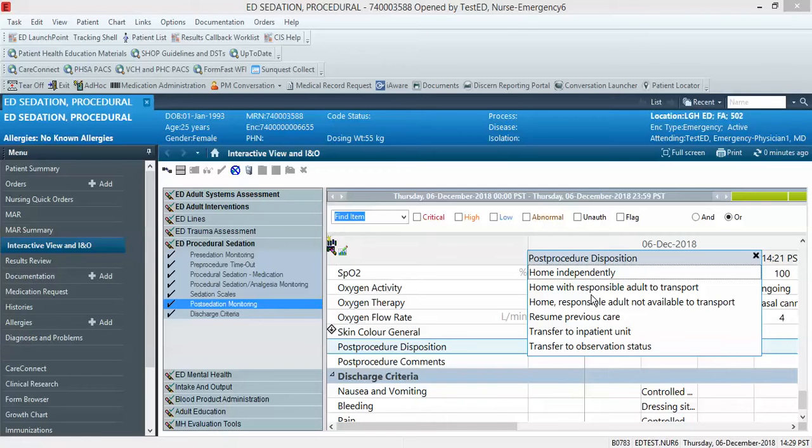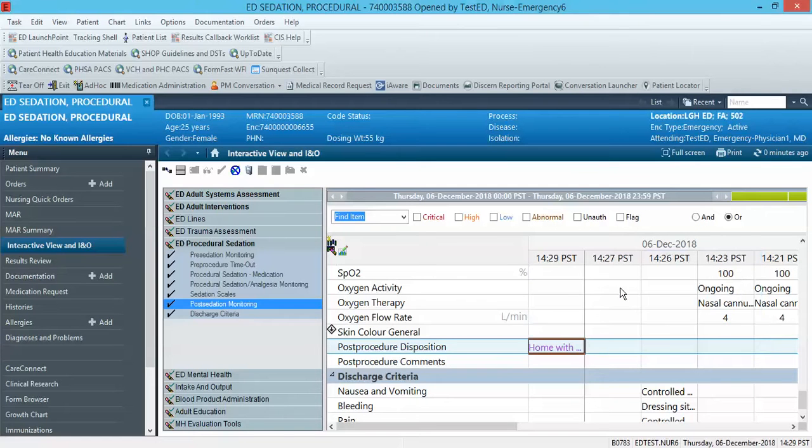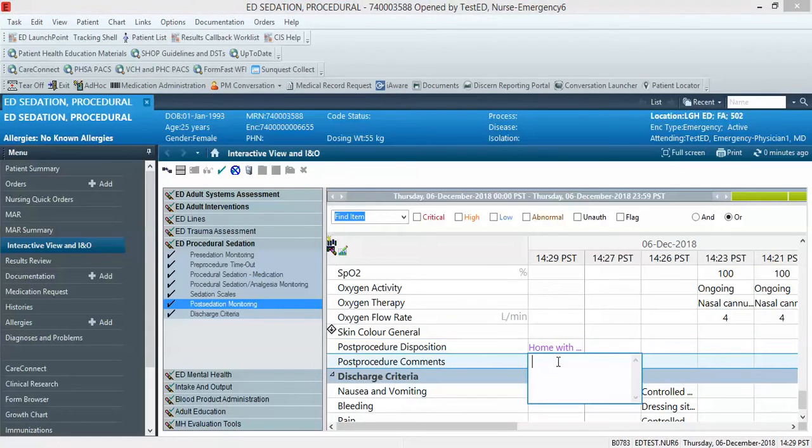And we'll say the patient went home with a responsible adult, and